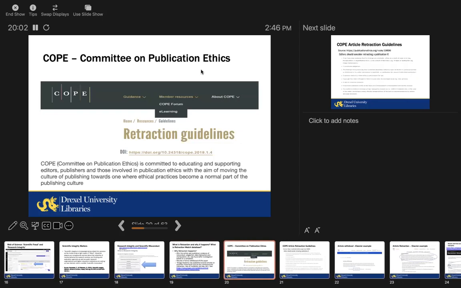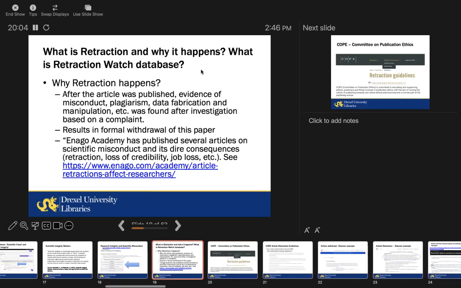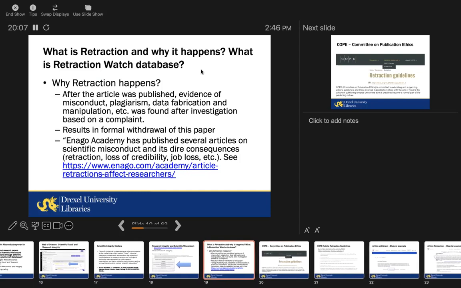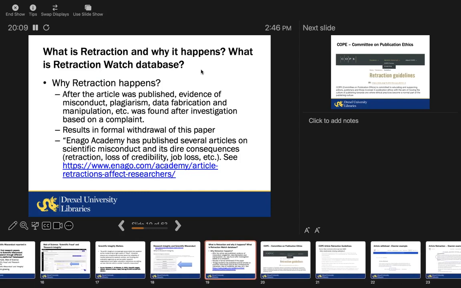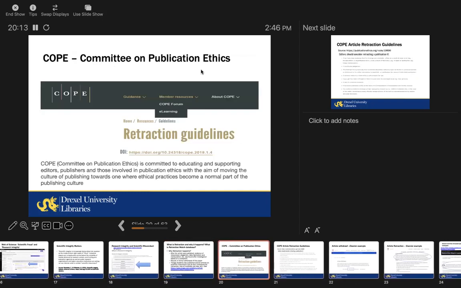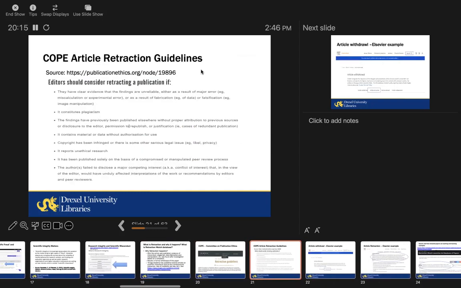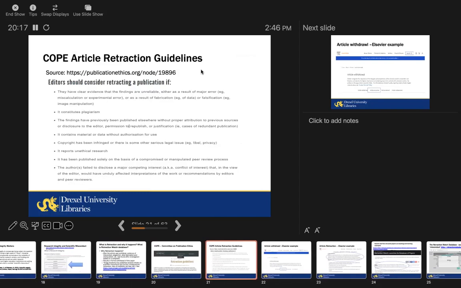So these are the retraction guidelines. Data fabrication is identified and the paper is withdrawn. Okay, let's go to the next slide. Loss of credibility. Let's go to the next slide. Competent publications. Same thing, but these are actually coming from the publication ethics website. So very valuable, responsible information presented. Unethical research, why we should not do it. Let's go to the next.